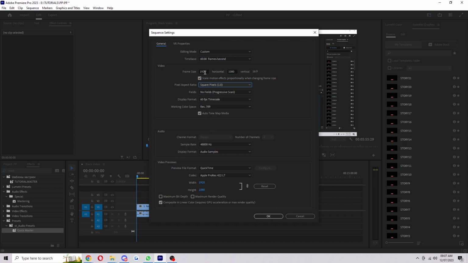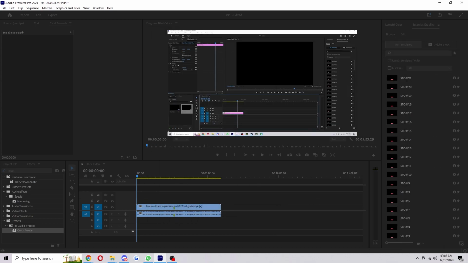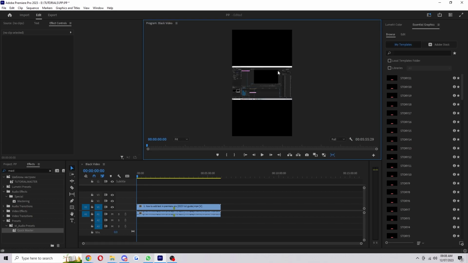If we wanted to make a TikTok, for example, we basically just want to swap that. So we put 1080 in here, and we put 1920 in there. And as you can see, it swaps it from 16 to 9 to 9 to 16. So what that basically means is it will change your aspect ratio to fit basically the size of a phone. If this is what you wanted, you'll go ahead and click OK. And as you can see here, the aspect ratio has changed, and my old video is now fit to the